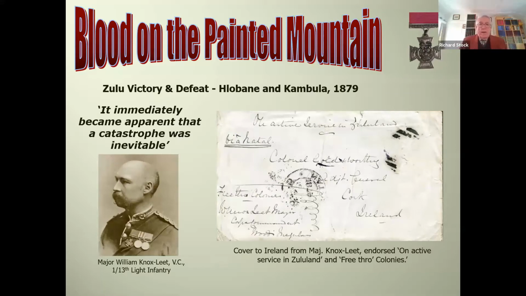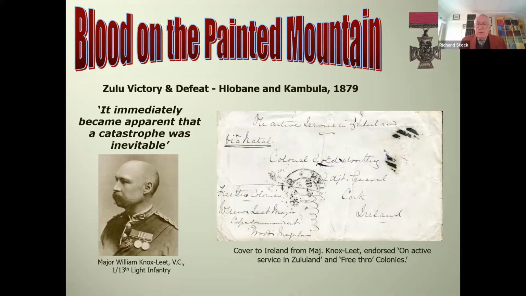Now, the story here is very, very good, because Knox-Leet realised, well, I've got a problem, because my commanding officer, Colonel Evelyn Wood, is himself the holder of the Victoria Cross and isn't keen to see an increase in the number of recipients. So he wrote a series of letters to Colonel Goldsworthy in Ireland, who was the honorary colonel of his regiment. Most postal historians would not include this envelope in their collection because the stamp paying the 6 rate from South Africa is missing, and